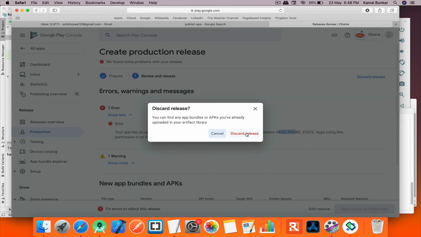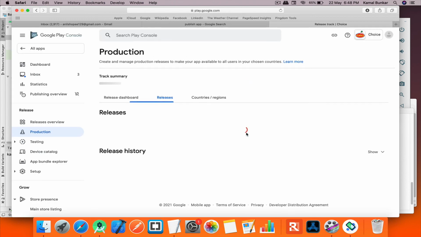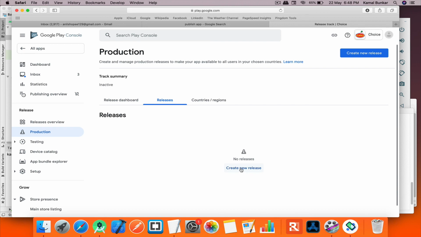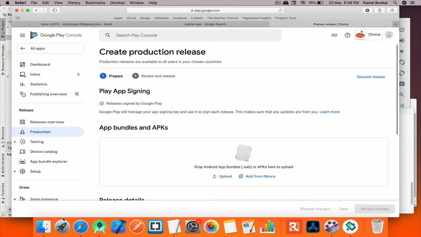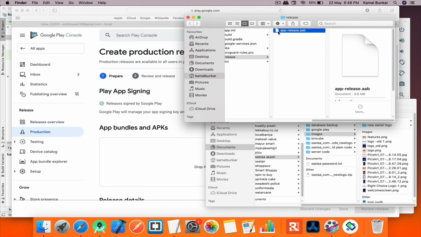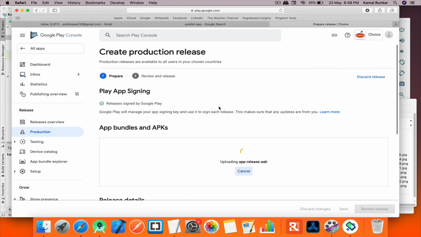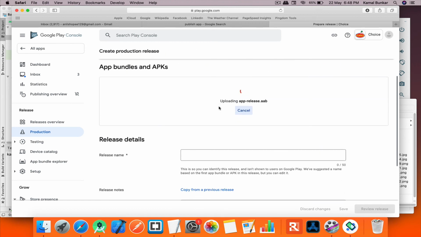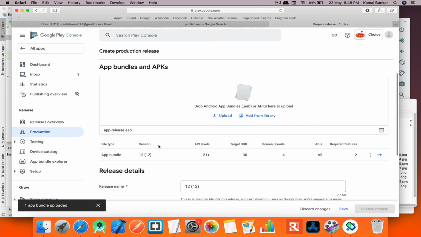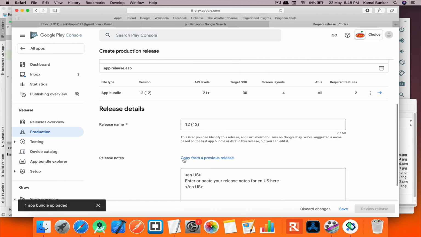Discard this release, create a new release, and now it is ready.